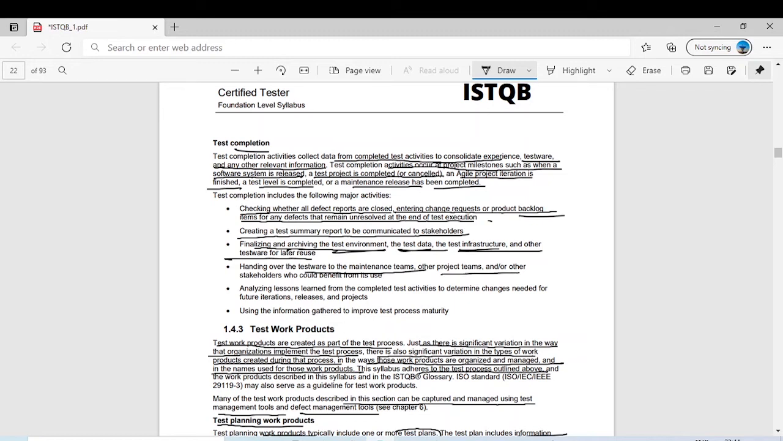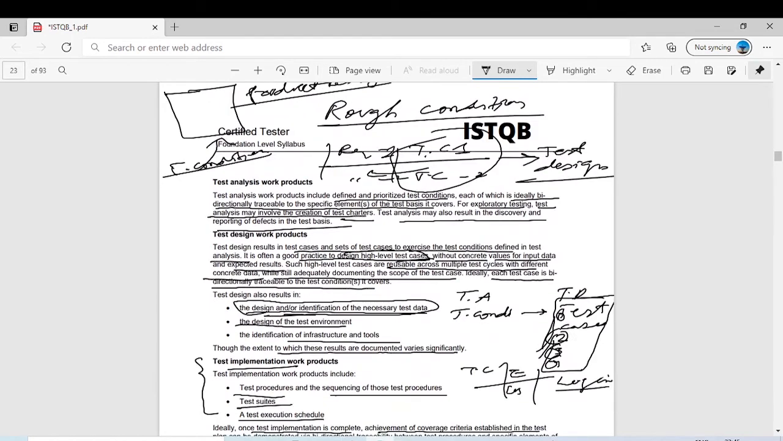Other project teams or stakeholders who could benefit from its use. Maybe your customer needs to rerun the test on some of the modules, so you will provide them the test cases. Analyzing lessons learned from the completed test activities to determine changes needed for future iterations and releases. It is also a part of test completion that you learn the lessons, like how the activities were planned, and then you improve them and implement them in future projects. Using the information gathered to improve test process maturity. Your system is now developing, so it can be used to mature your test process